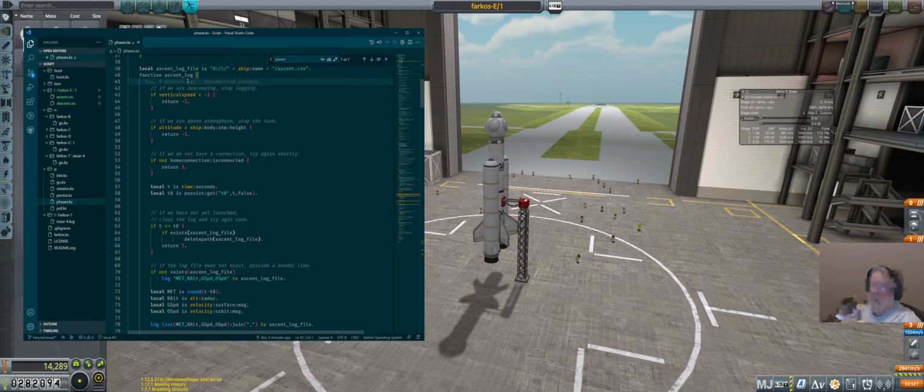So if we're descending, we're done. If we're above the atmosphere, we're done. So we're only really interested in our ascent through the atmosphere. Now, if we're not connected to the archive, we won't be able to do anything because I am logging directly to the archive. The alternative is to log to a local file and then copy the local file down. That has the potential to